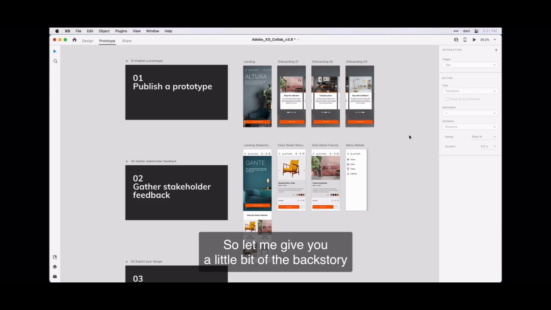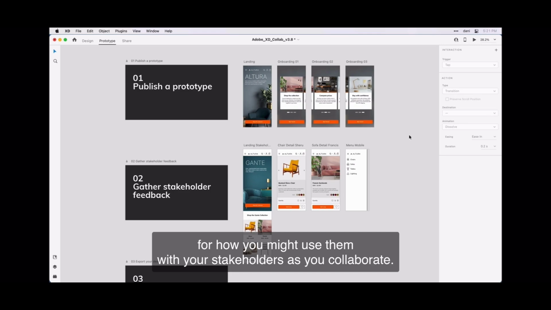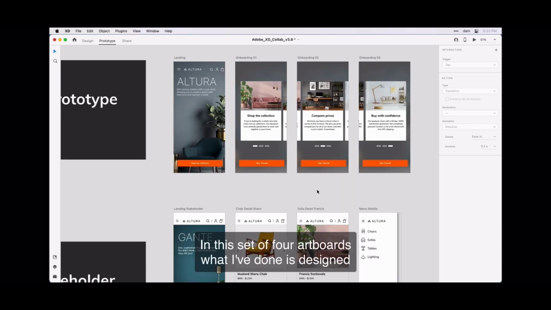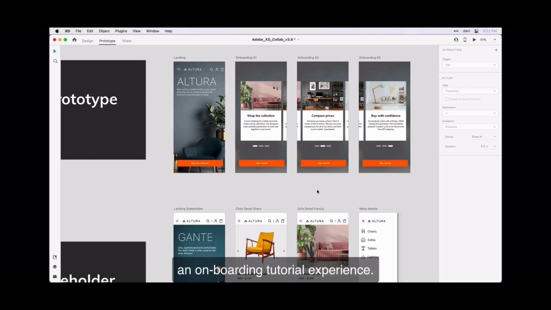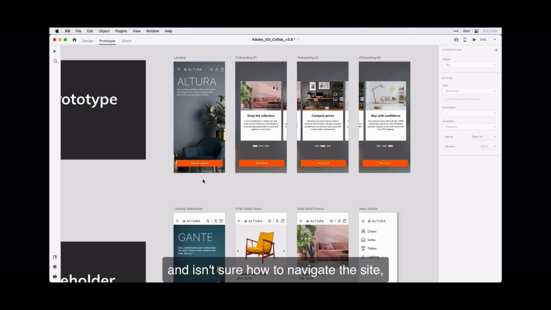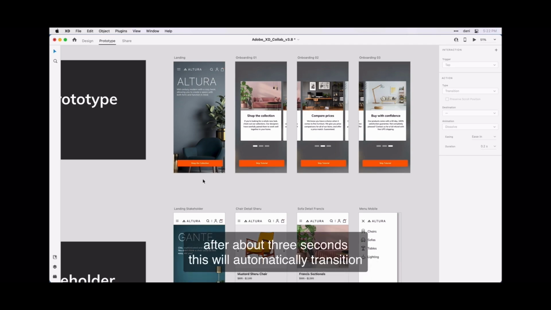So let me give you a little bit of the backstory for how you might use them with your stakeholders as you collaborate. In this set of 4 artboards, what I've done is designed an onboarding tutorial experience. So the idea is if a user comes to the landing page and isn't sure how to navigate the site, after about 3 seconds, this will automatically transition